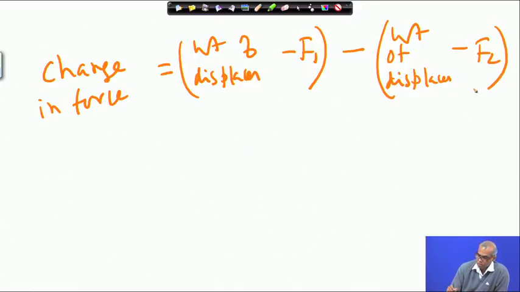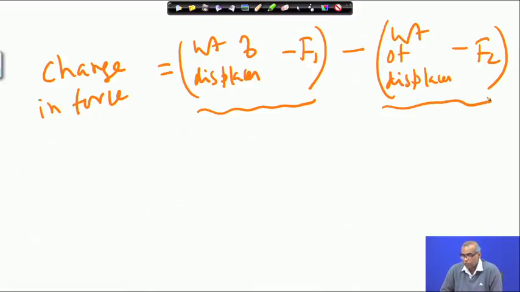So, this is the force sensed by the force sensor before the change in liquid level, and this is the force sensed after the liquid level has changed by 1 feet. So, their difference will be the change in force. So, this will be nothing but F2 minus F1,